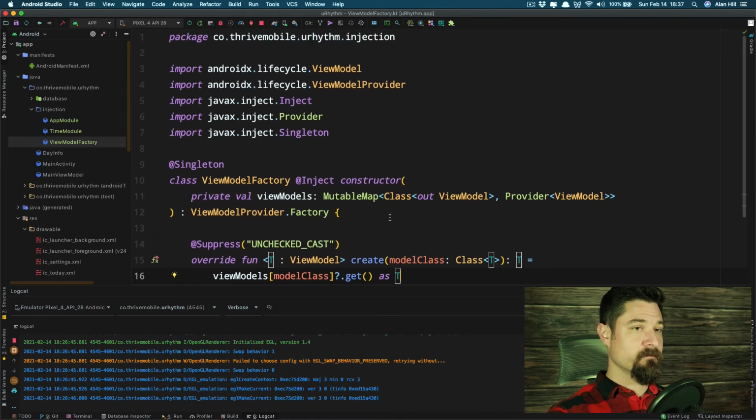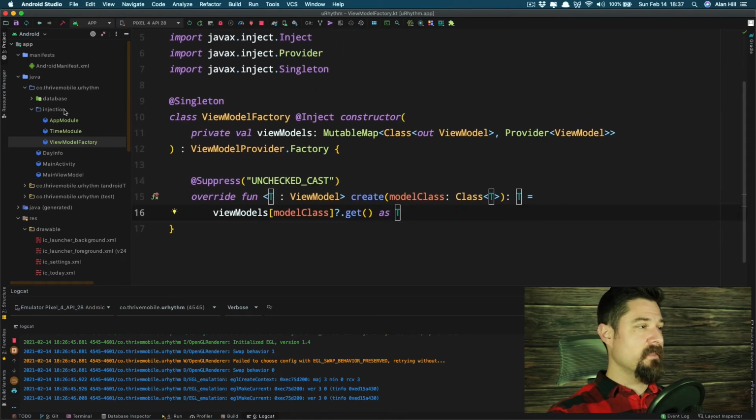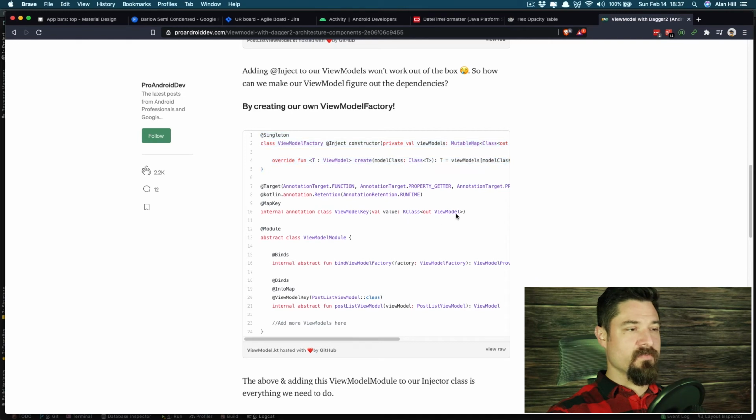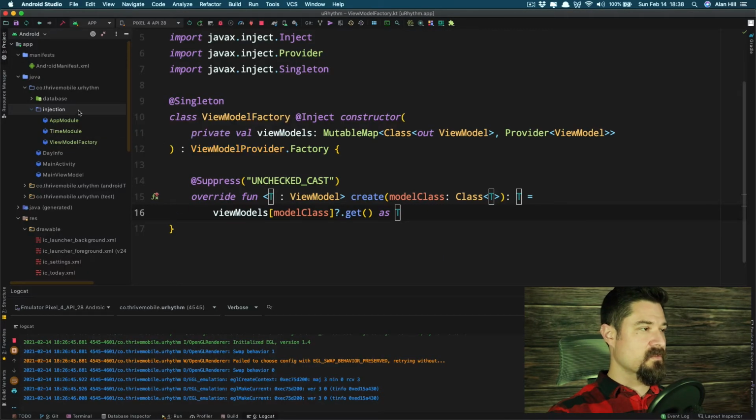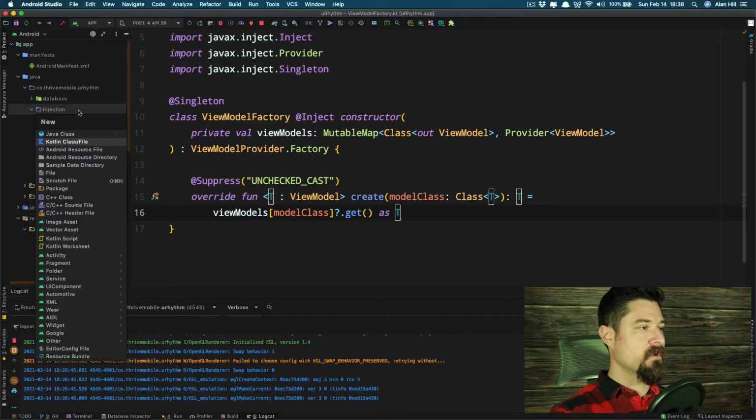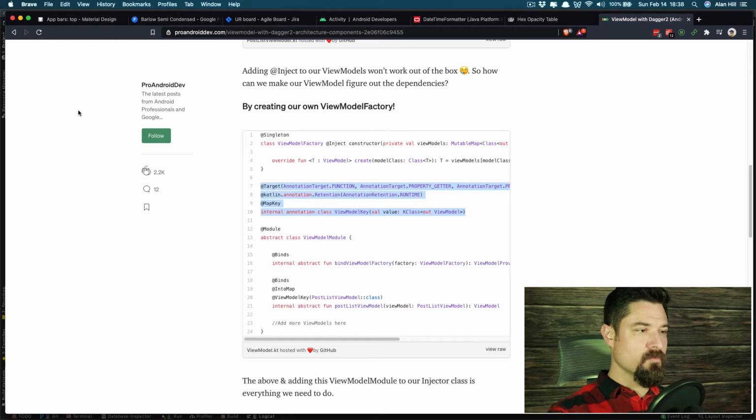It just doesn't know that. All right, so that's the first step. The next step is I want to create this annotation here, and you'll see what this annotation does in just a second. All right, view model key